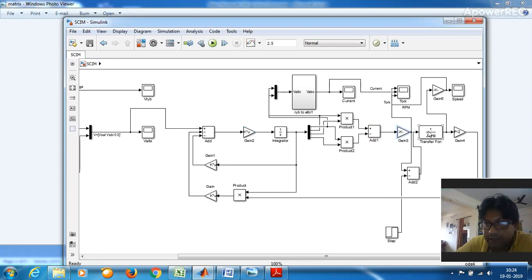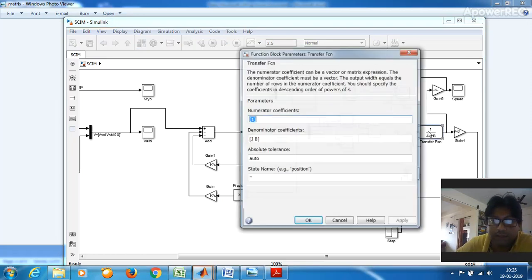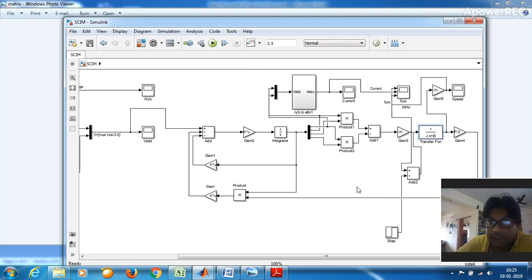And then this is the transfer function of the load. So it's a first order differential equation. You can see the induction machine torque on a load equation. It's a first order differential equation. It has been converted to the Laplace domain, and this is your load torque basically. So that means your electrical torque is equal to J d omega